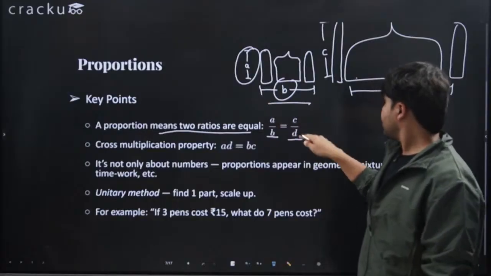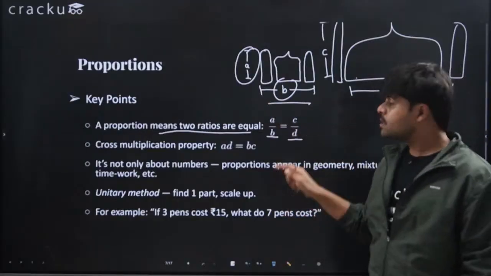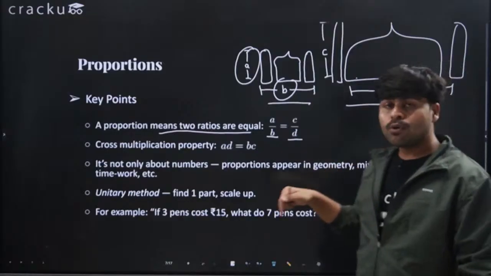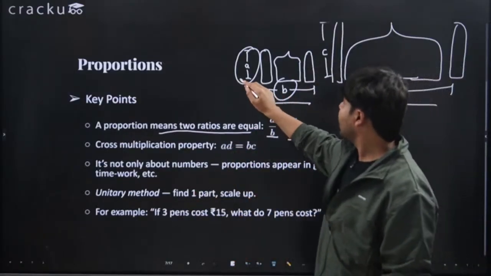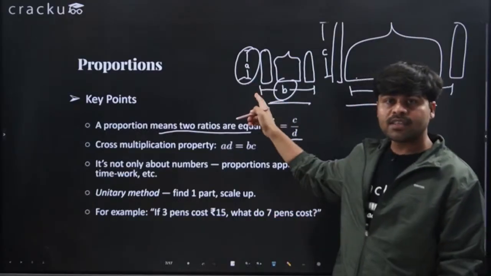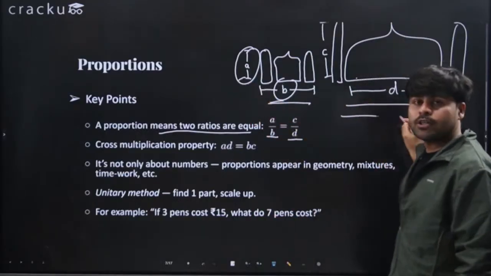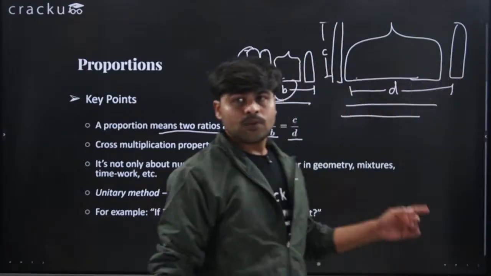So this similarity actually guarantees the ratio here as well, because we know that there is only the size difference. There is no other difference. So the ratio between the height and the length of this one should be equal to the ratio in this one. Okay, I hope that's clear.